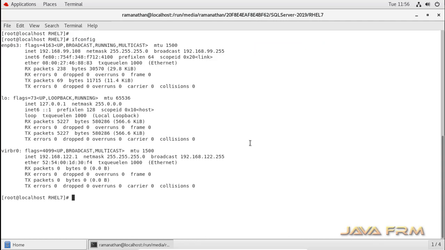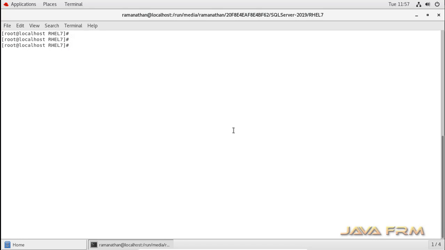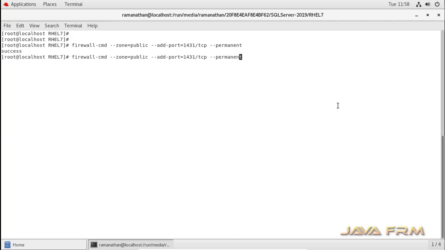I am going to connect this Red Hat Enterprise Linux 7 machine, which is running SQL Server, from SQL Server Management Studio. Before that, I am unblocking the ports 1431, 1433, 1434 in the firewall.